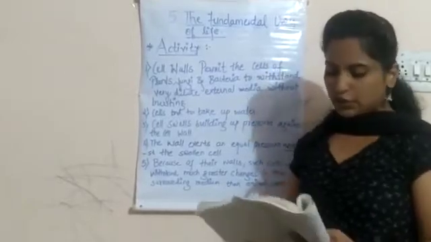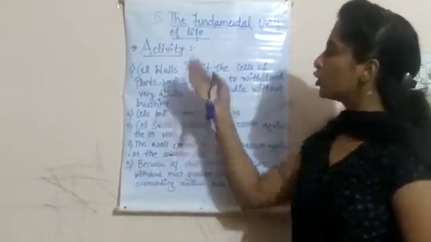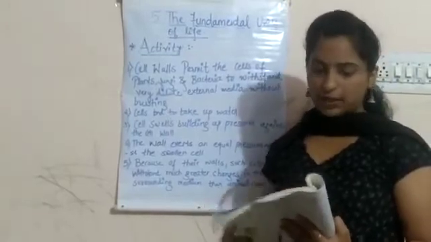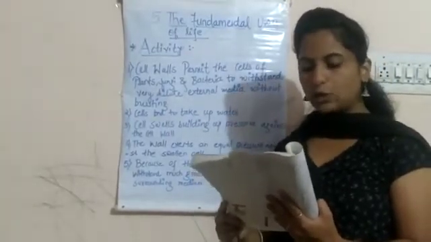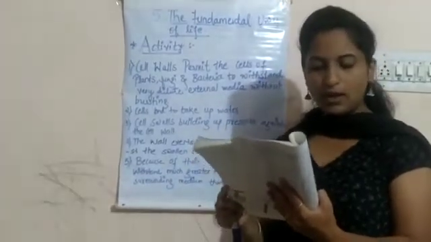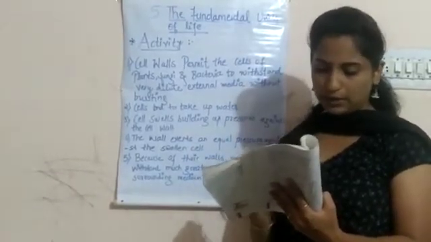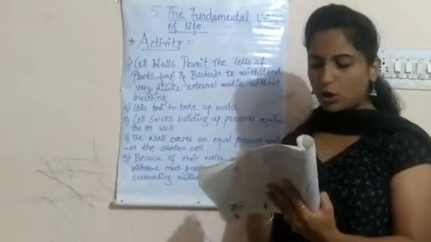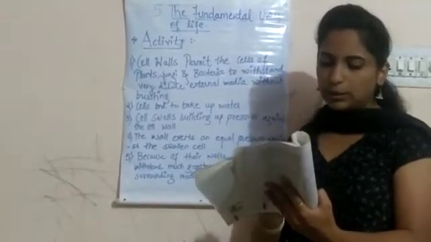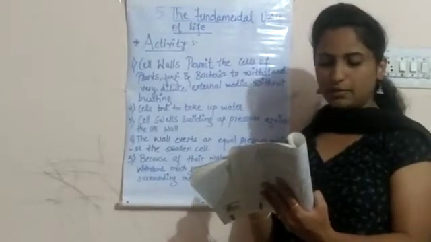So students, I will read the activity, and through this activity we can infer many things. Just listen to it. The activity is: mount the peel of a Rhoeo leaf in water on a slide and examine the cells under the high power of a microscope. Note the small green granules called chloroplasts. They contain a green substance called chlorophyll. Put a strong solution of sugar or salt on the mounted leaf on the slide. Wait for 5 minutes and observe under a microscope.